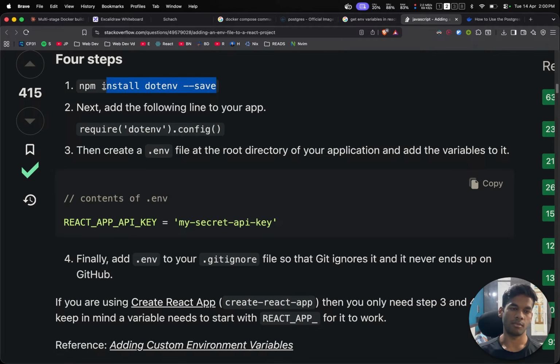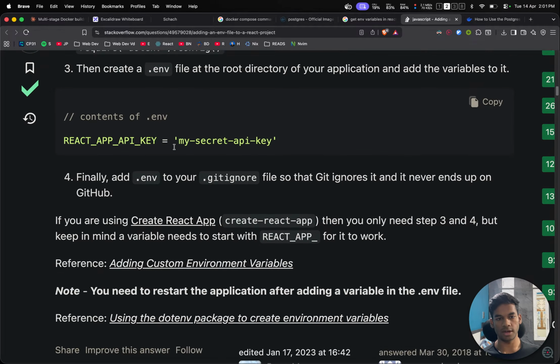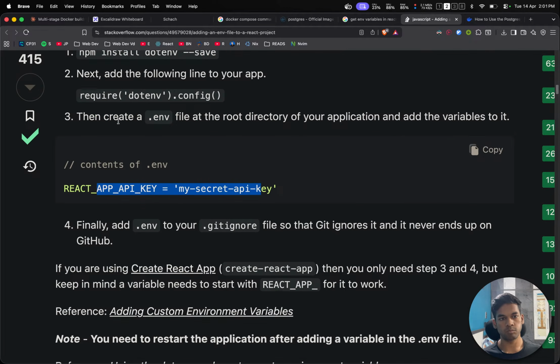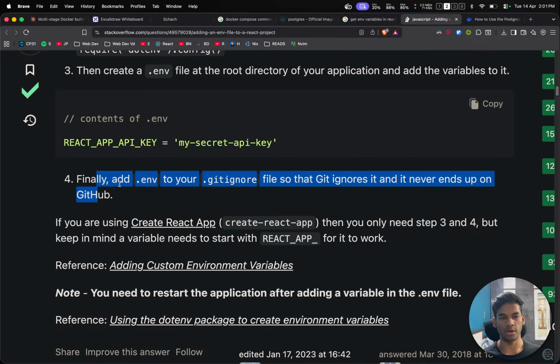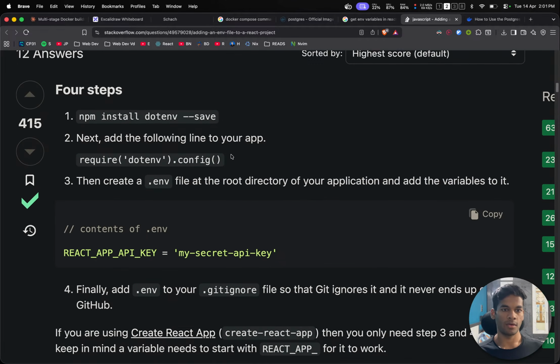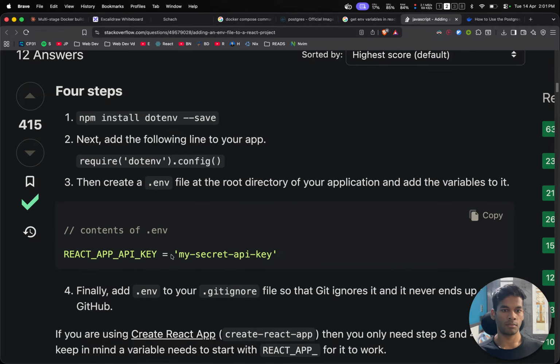We use this package, but why don't we have to use this package on Node? I guess because we have an engine which is running, and Node reads the .env file by default and makes the variables available, but your browser does not. I guess your browser does not even know about the .env file. Finally, add .git. Okay. Contents of the .env file, but